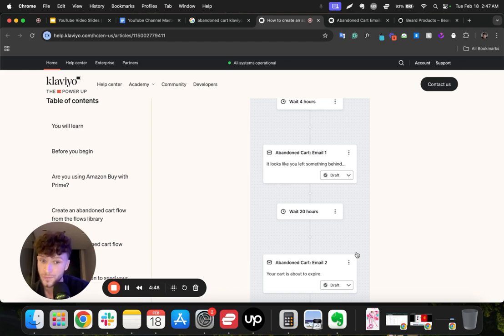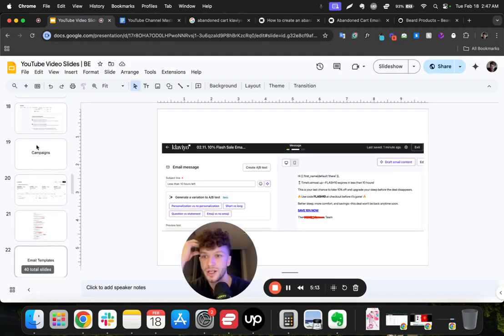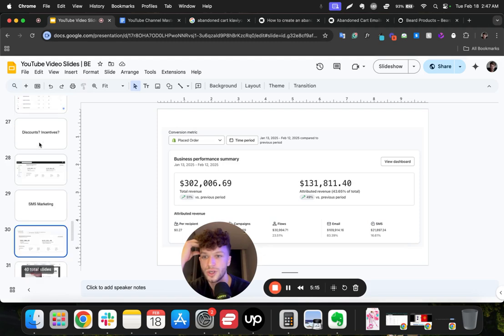Email 2, it's up to you, but I would recommend just another friendly reminder. Share what they were looking at. And then email 3, make the main point of the email the discount. Okay, in my experience, 10% is totally fine. Make it valid for only 48 hours or so, and you can create the dynamic Klaviyo coupon code